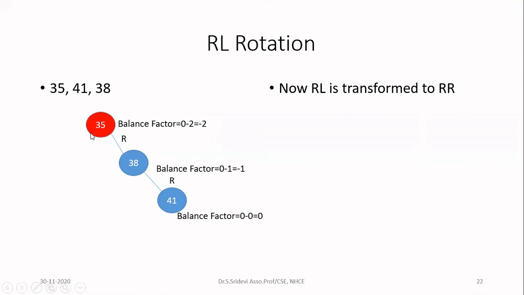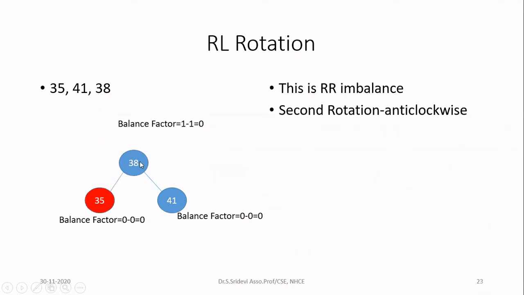So now you rotate the tree about this node 35 in the anti-clockwise direction. That means I am going to pull the thread here downward in the anti-clockwise direction. When I pull the thread downward, 35 will come down. 38 will move up, and 41 will also move up. So I have the tree like this, with 35 down in the left part now. Now recalculate the balance factors again. We are getting all the balance factors as 0. So this is our second rotation.